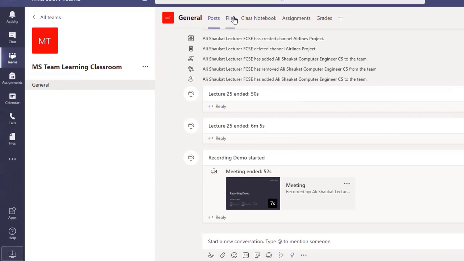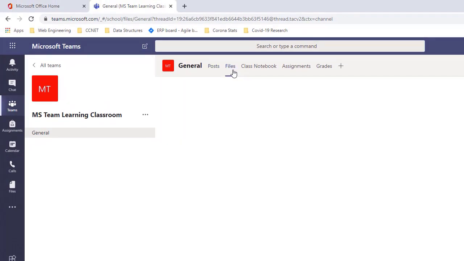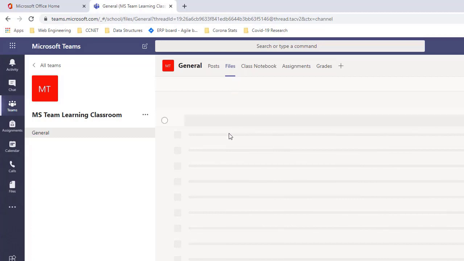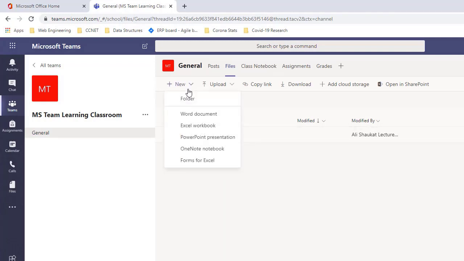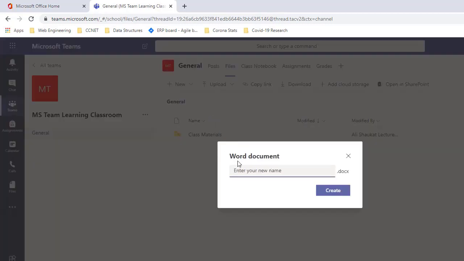so next you have the files option. Here you can create multiple files, and you can edit them inside your Microsoft Teams. So for example, if I click here, you have multiple options. First one is the folder. You can create directories, Word document, Excel, PowerPoint, and so on. For example, if I create a Word document and I write its name as